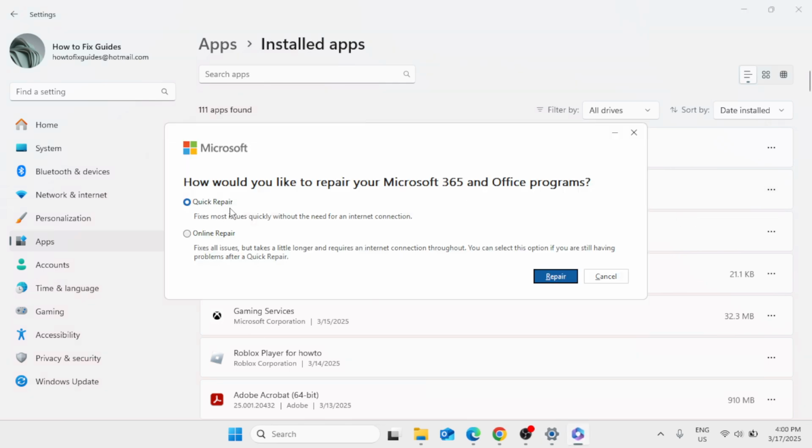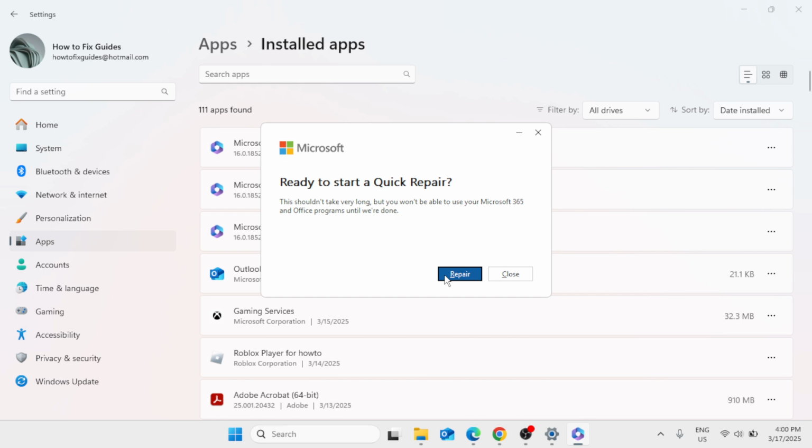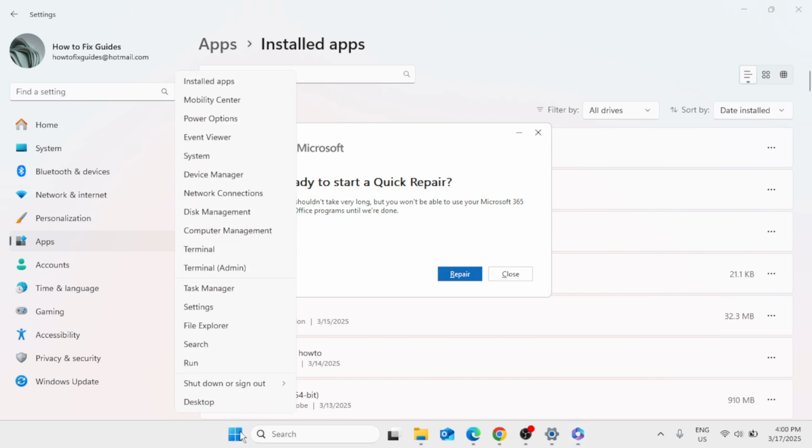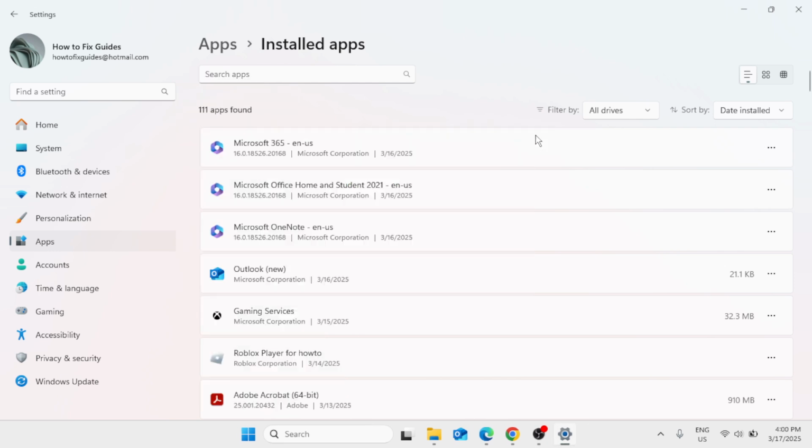Go with Quick Repair first. Fixes most issues quickly without the need for an internet connection. Click on the Repair button, and you have to click on the Repair button once again. And once the process has been done, make a right click at the Start button, shut down or sign out, and restart your Windows. But in some cases, if the Quick Repair doesn't fix your issue, go back to